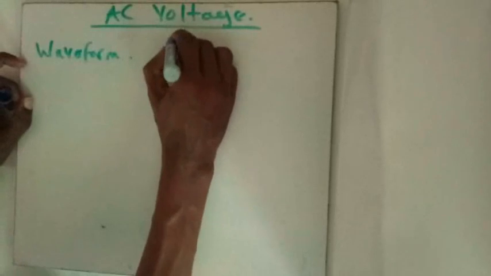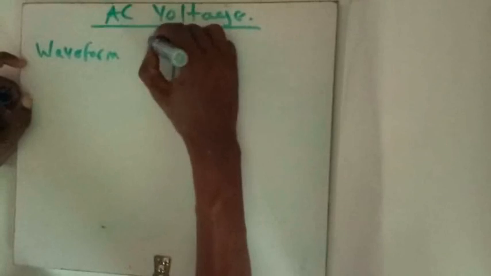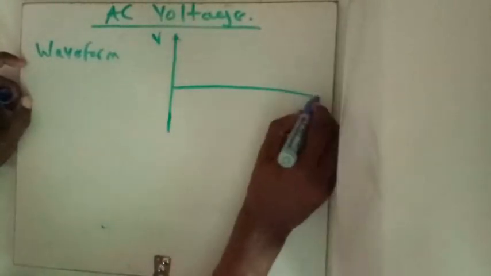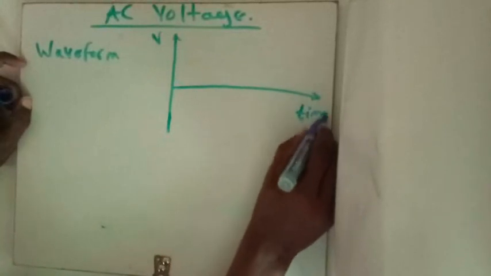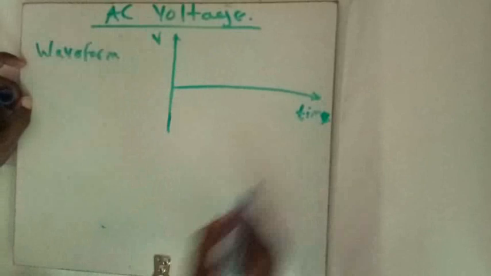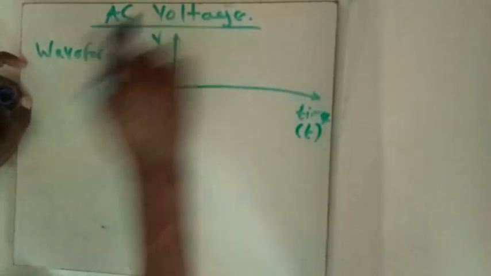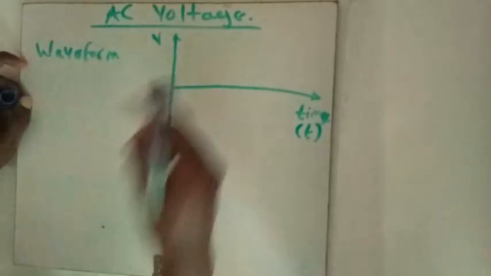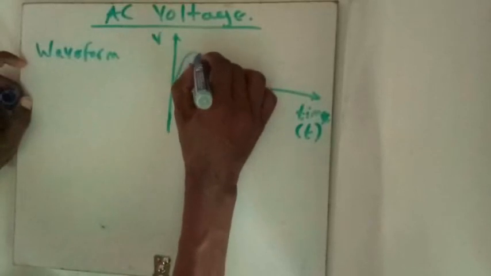On the vertical axis, you have the voltage V, and here you have time T. So what makes AC voltage alternating is that the voltage rises steadily from 0 to a peak value,